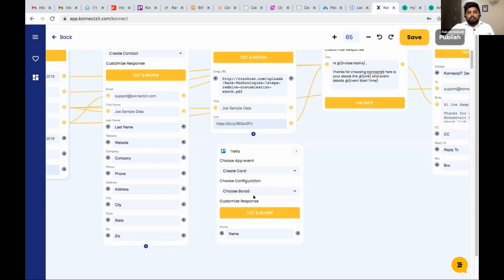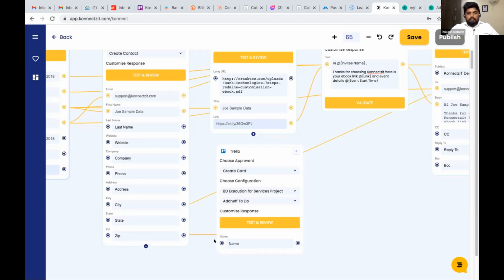I use the board, and I use the list. I can select the same output from my text formatter, and click on test and review.